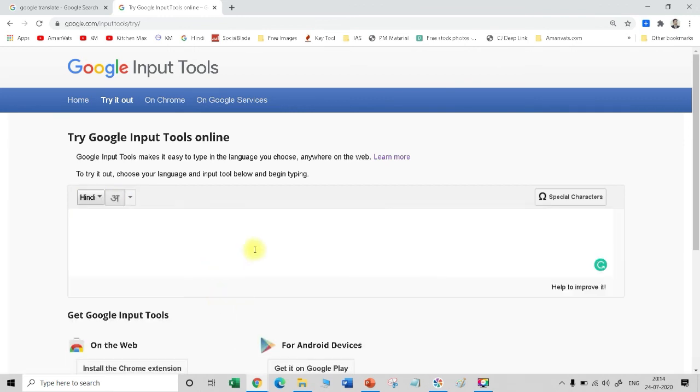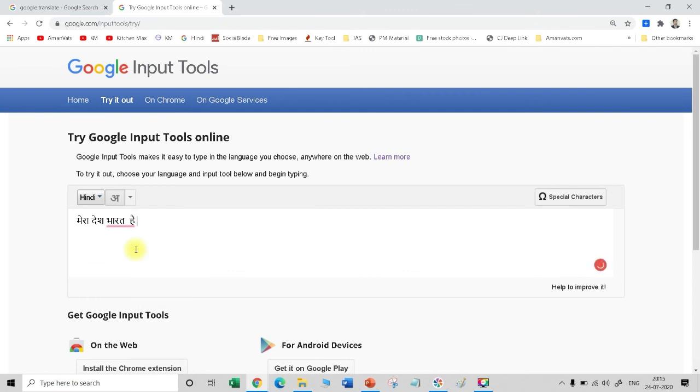Hindi is very easy. For example, I have written Mera in English, but you can see so many substitutions given by this tool for this particular word, and I'll just press the space bar, so it will take the first one: Mera Desh Bharat hai.